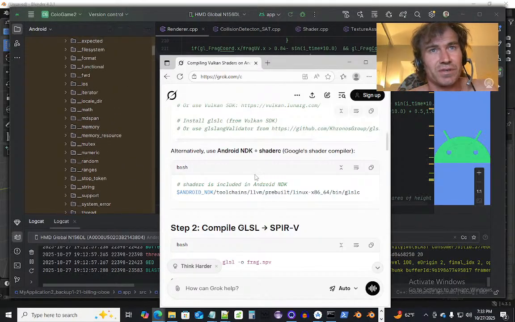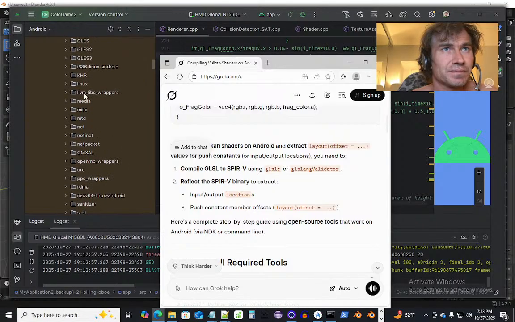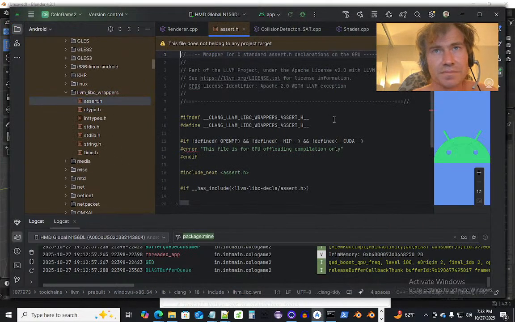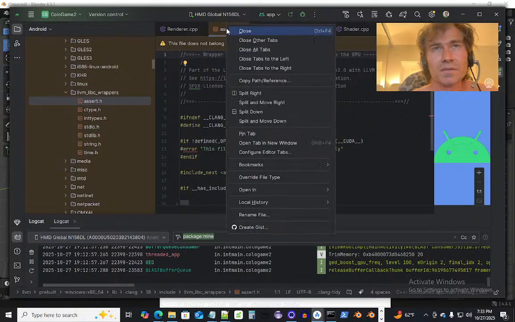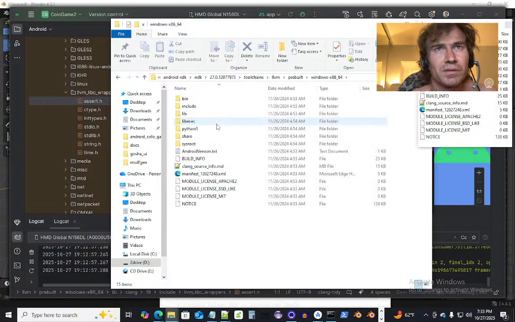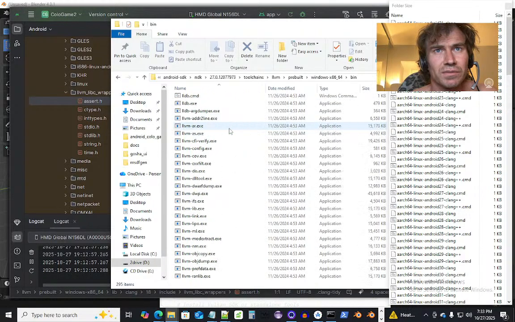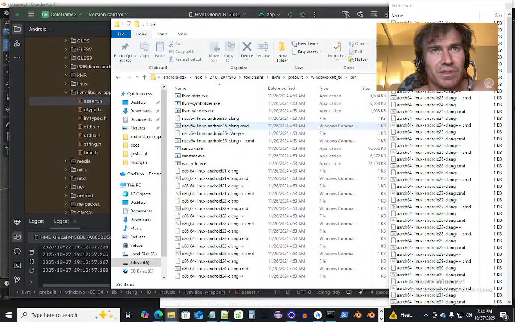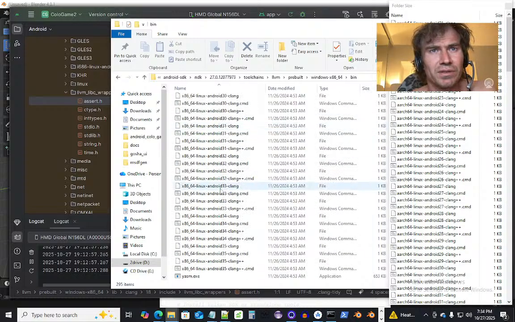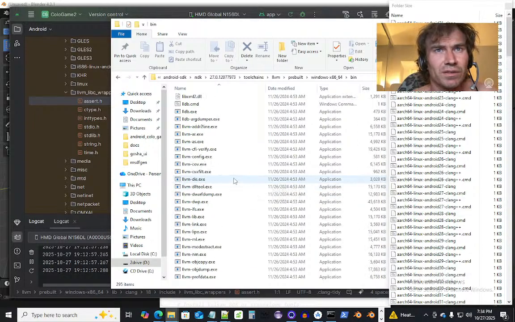This is not the toolchains directory. Yeah, prebuilt lib. Go to bin. There's all our tools, all the things that built it actually. This stuff will build it. Okay, and then